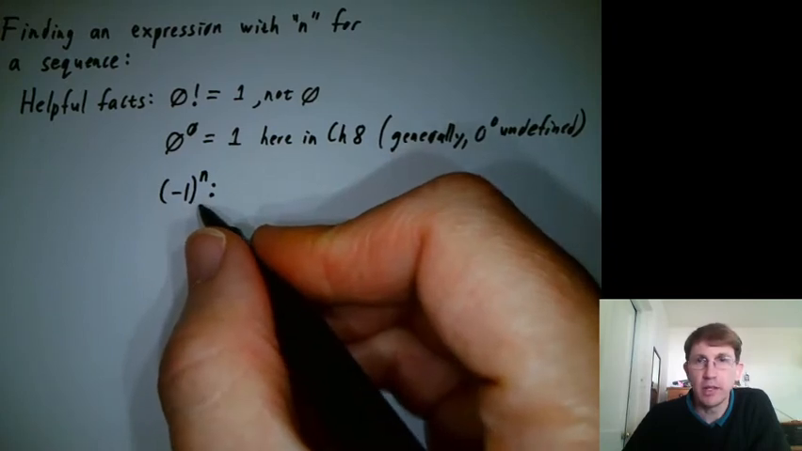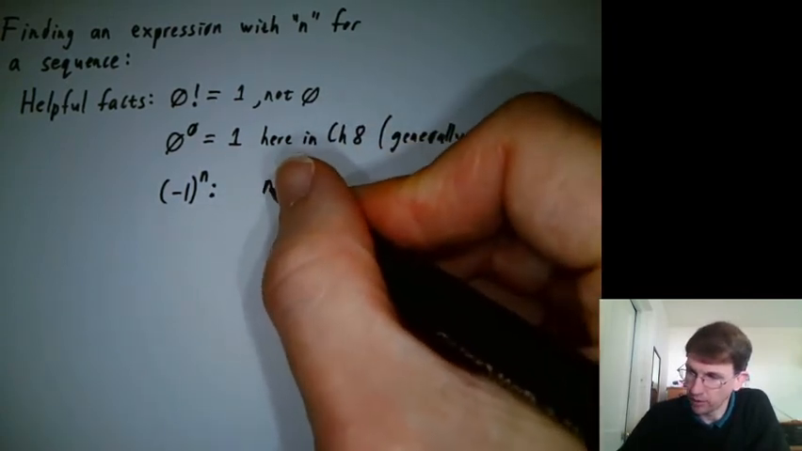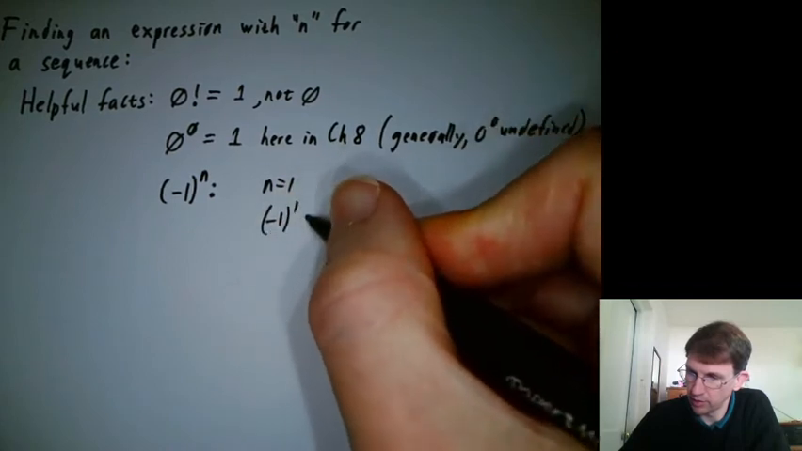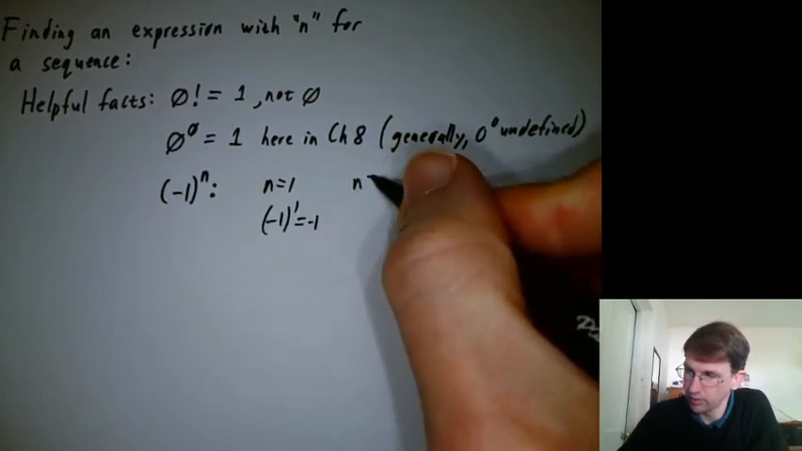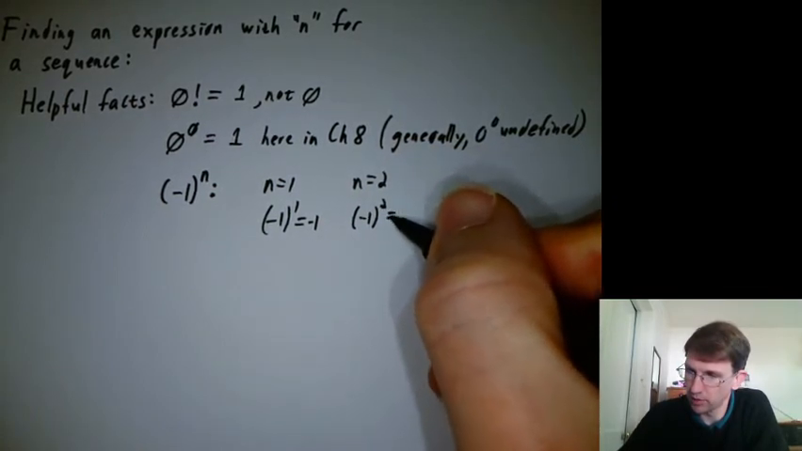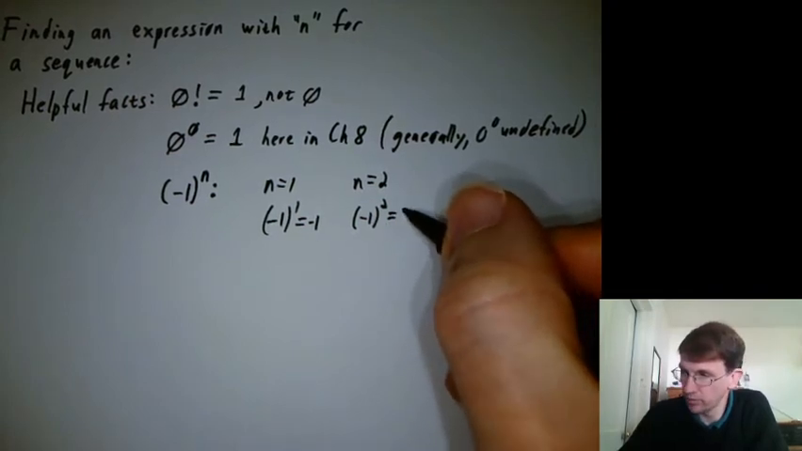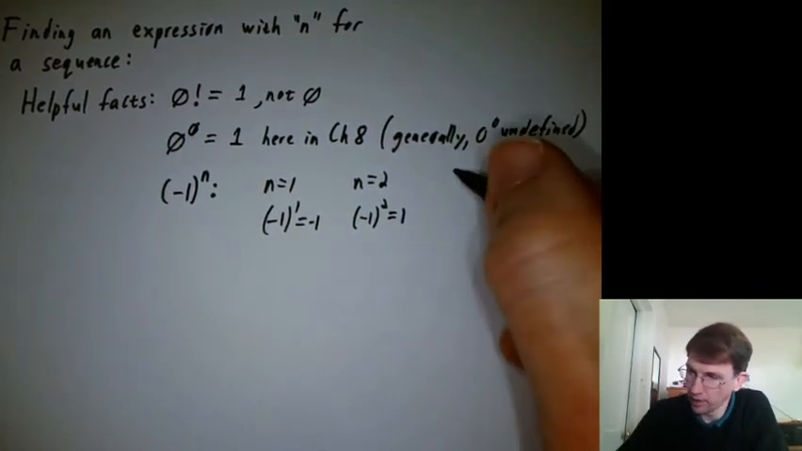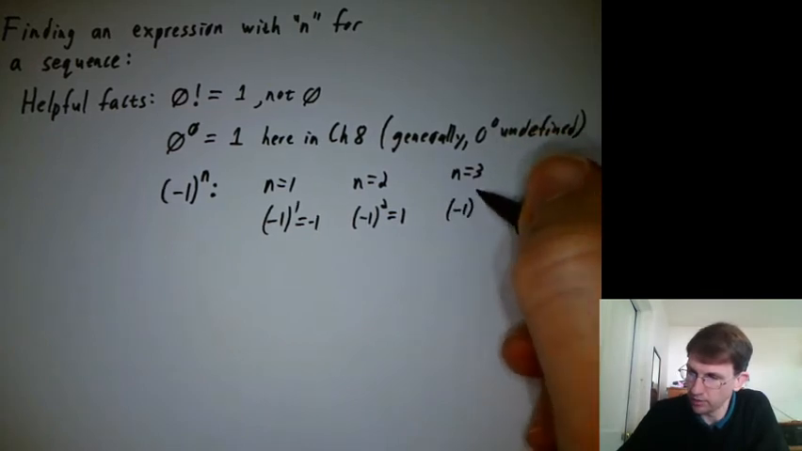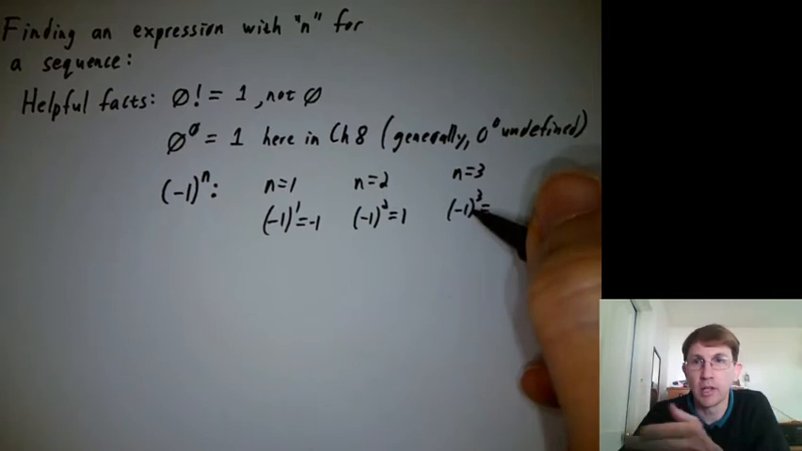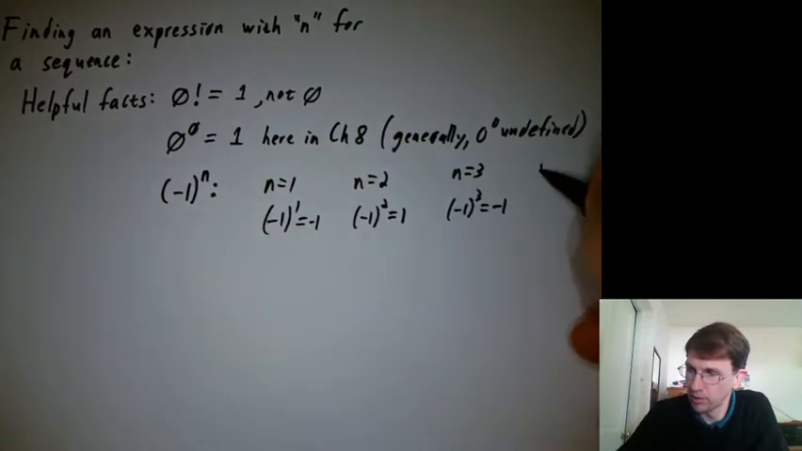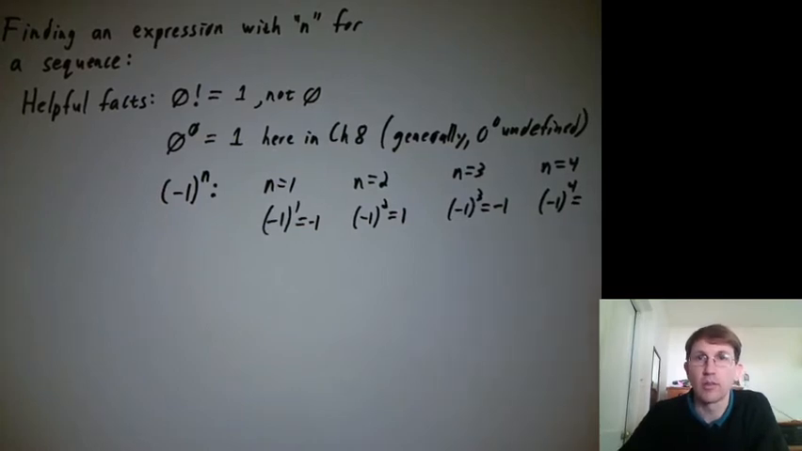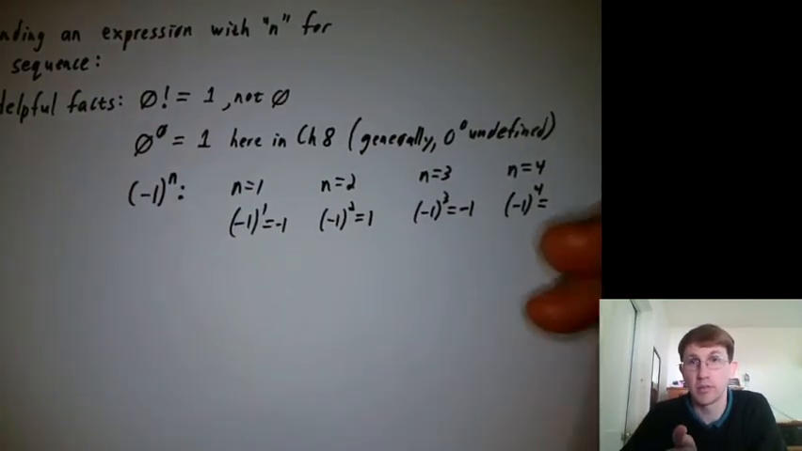How does negative 1 to the n behave? Let's think about that. When n equals 1, negative 1 to the 1 is, well, anything to the 1 is itself, right? So this would be negative 1. When n equals 2, negative 1 squared. Anything squared is positive, so that's 1. N equals 3, negative 1 cubed. That'd be negative 1 times negative 1 times negative 1. Two of the three negatives cancel, and you get minus 1. When n equals 4, negative 1 to the 4th. What would you say that is? That's negative 1 squared times negative 1 squared, so that's 1,